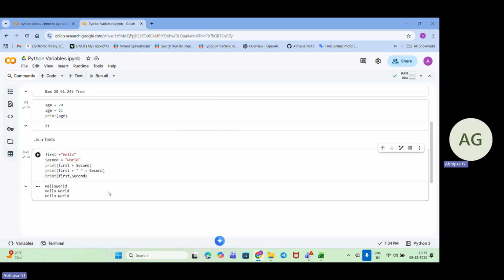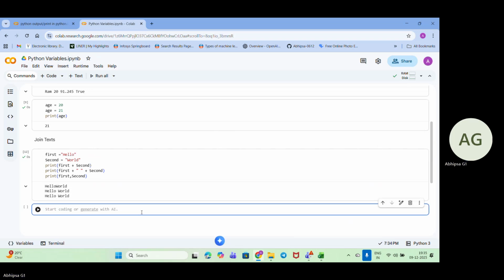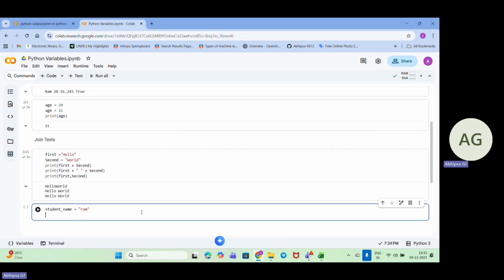Now, if we need to store some of the student details, right? We will be storing it in what format? Like as I was discussing, the name should be valid, right? So let's discuss that. Student name, so now I am storing it as Ram. Now I have a student age, so I'll be using 20.